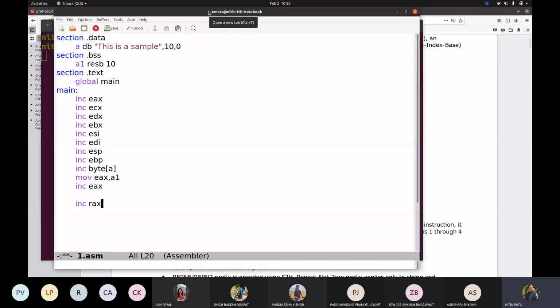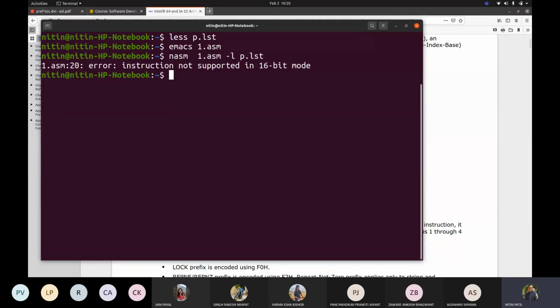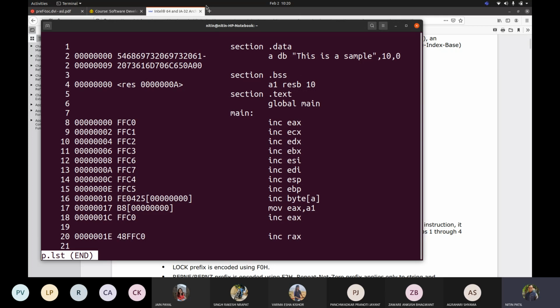Now let us try to see this. Let us save this code. Line number 20, so we will write elf64. Fine, and now let us see this p.lst. Now you may see your instruction format has suddenly changed. If you recall, EAX, ECX, EDX were containing something.